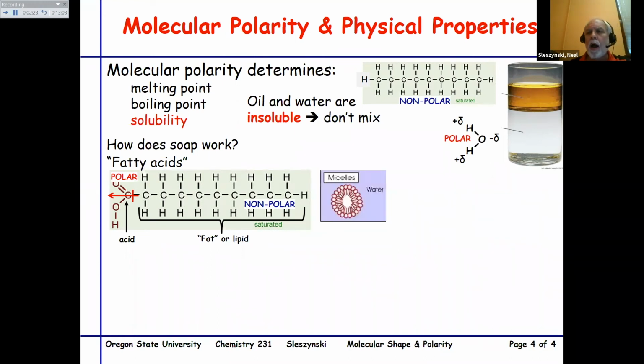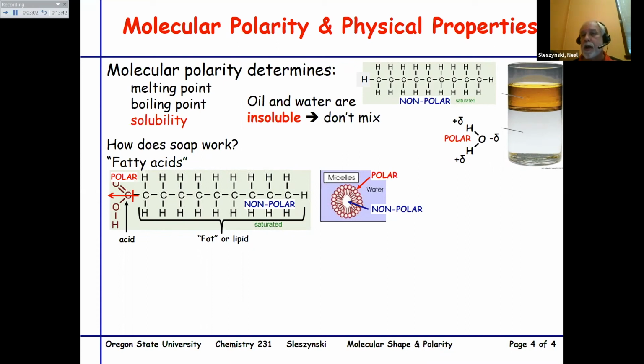If I throw a fatty acid in water, it forms something called a micelle. Of course, we've got a two-dimensional representation here, but in three dimensions, this would be a sphere. In this sphere, the polar end of the molecule that has the charge separation, the net dipole, the carbon-oxygen bonds, are pointed out towards the polar water. The nonpolar sections of the molecules, where there's no charge distribution, try to hide from the polar water